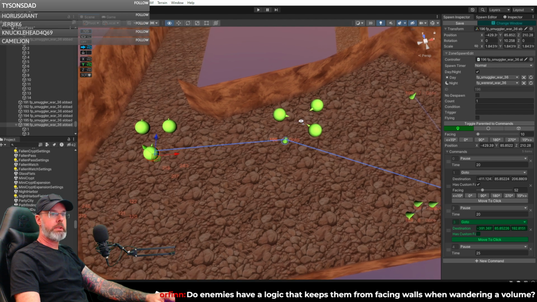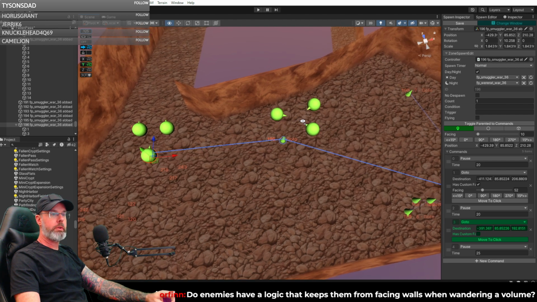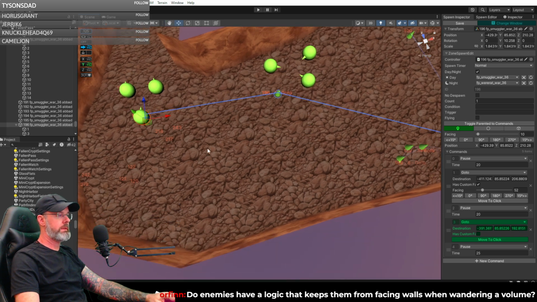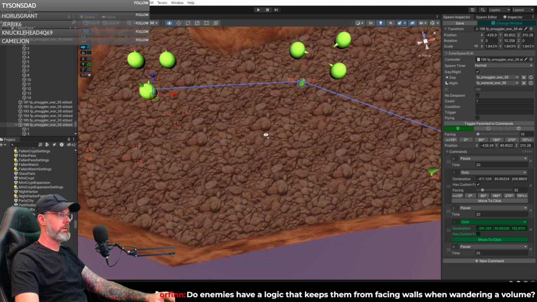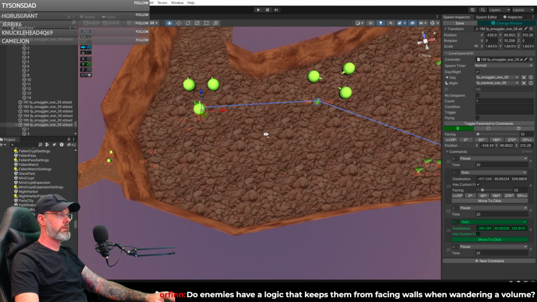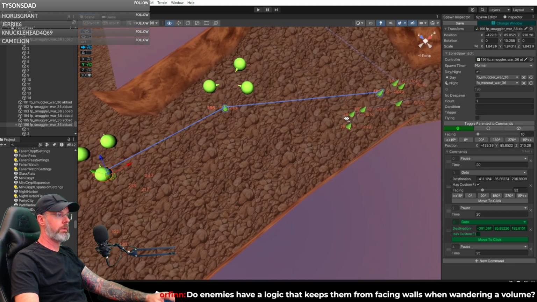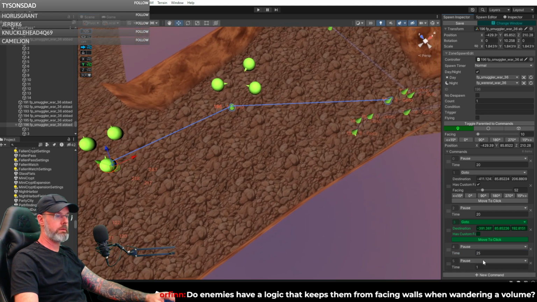Do enemies have logic that keeps them from facing walls when wandering in a volume? No. If the volume is here, and I don't want him looking at a wall for whatever reason, then I would just keep the volume away from it, right? So if I built a volume, I can't draw on my screen, but essentially here, I can show you in a second. Let me just finish this guy real quick so I don't lose my